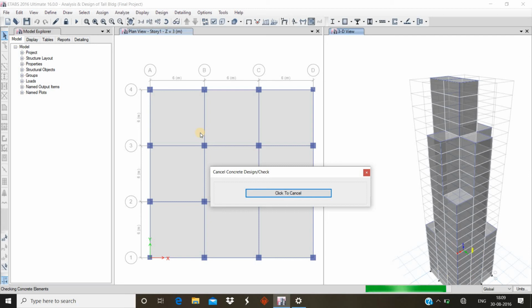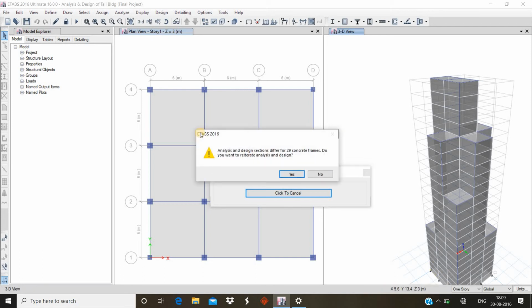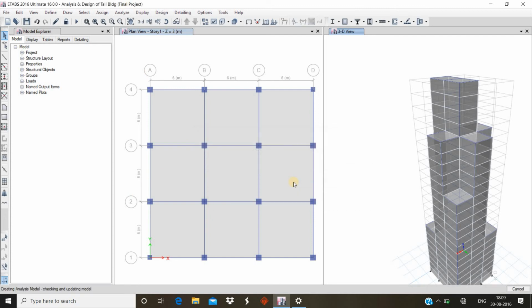Again it is taking some time. Okay, it is normal, this is one more new notification. Analysis and design sections differ for 29 concrete frames. Now 29 concrete frames are still remaining. Click on yes, and it will redesign it.